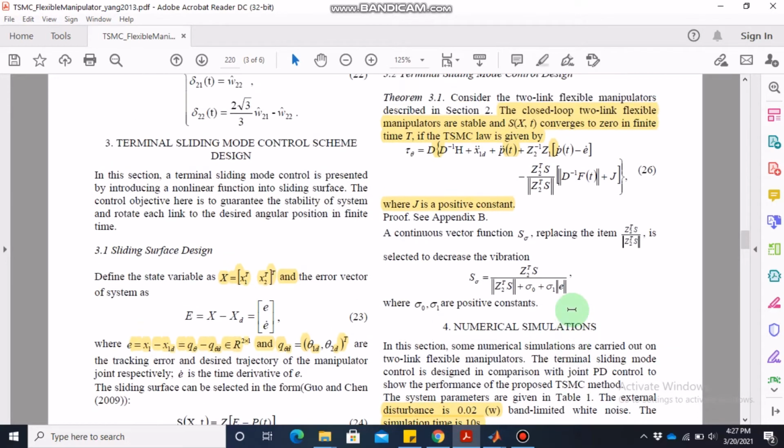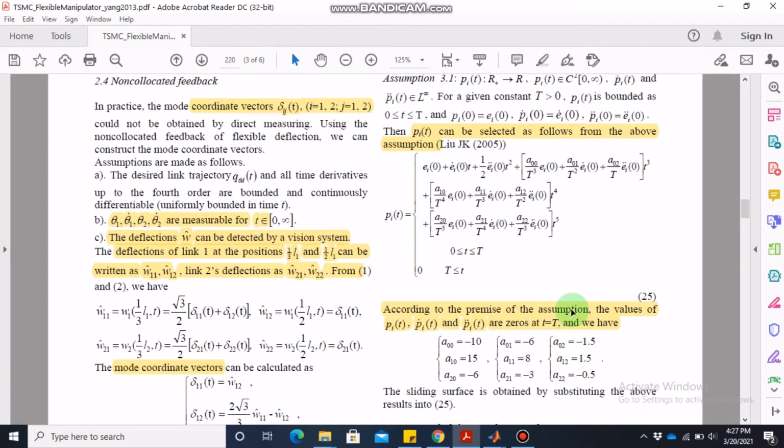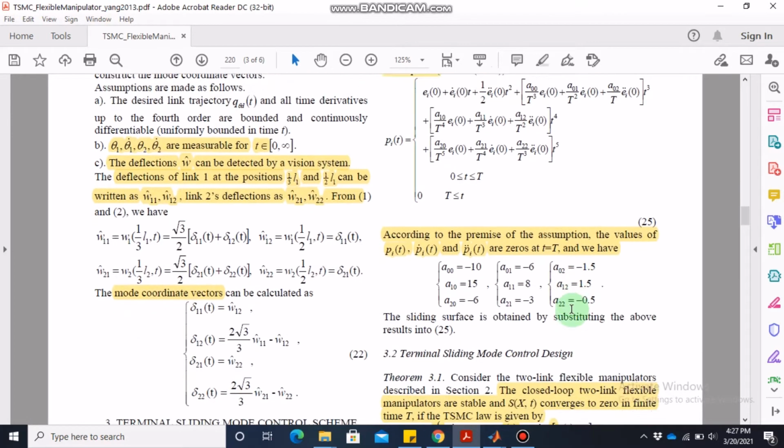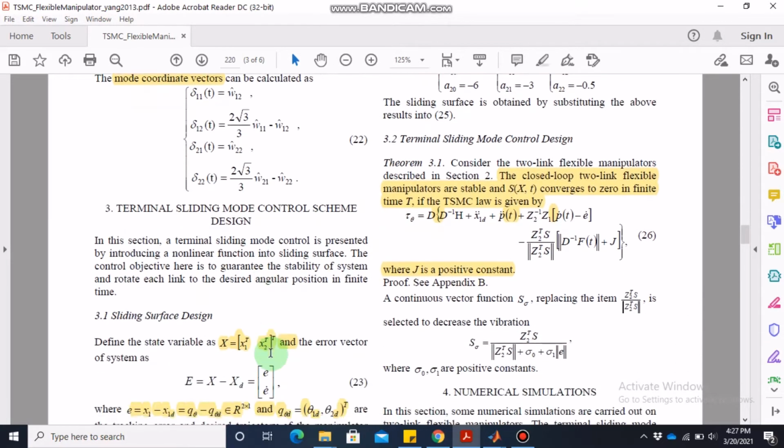About terminal sliding mode control that is proposed in this paper, it's a little bit complicated because the control itself, the equation of the control is equation 26, which involves this D matrix, H matrix, which are the matrices from the dynamical equations. Then the second derivative of the desirable trajectories, P double dot, is some special variable defined in this paper, and then Z1 and Z2 are sort of gains, and this S is the sliding surface. So the sliding surface is given by